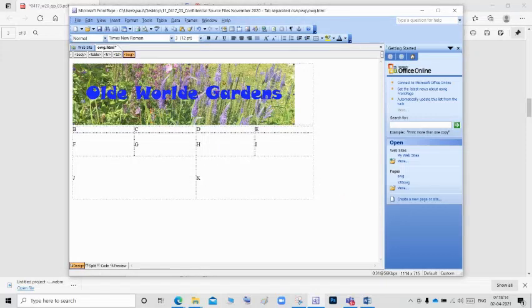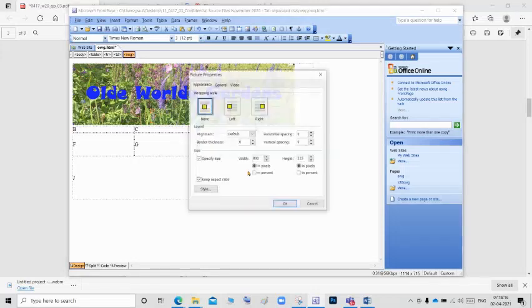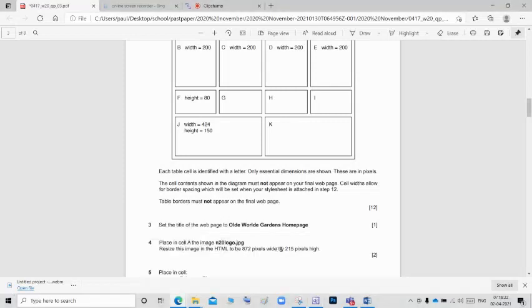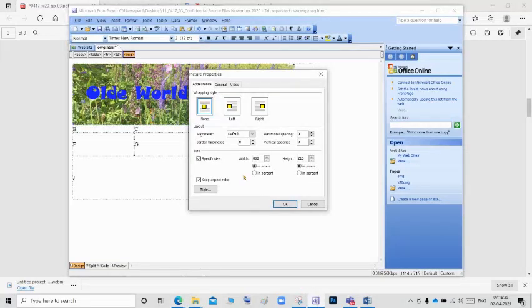And they are asking to set the picture size. We want to give 872, and the height should be 215.